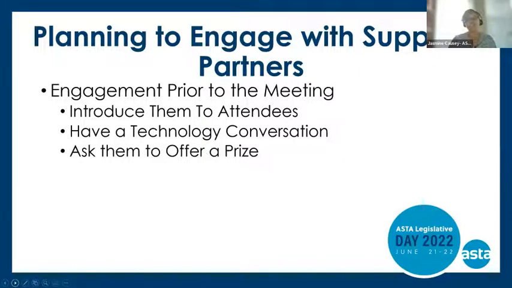This could be anything from tchotchkes that they probably have building up at home. Some supplier partners have nights at their property or different things that they could give away. This is a great way to engage them, and in your pre-email to your members, you can state what prizes would be offered. One of the methods that I use to see who is to get those prizes is I